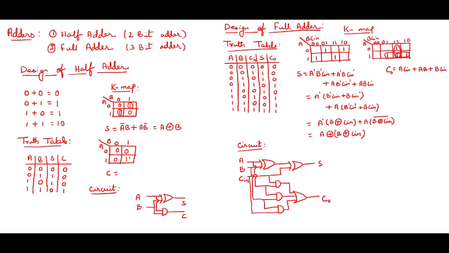So you can see this is nothing but if I get a single one, so I'll be getting what? A and B. So the equation which you got is S equals to A XOR B, C equals to AB. So accordingly I have designed the circuit. So this is the circuit of half adder. A and B XOR together is giving sum, and A and B added together to give me carry, right? Now with this idea I'm going forward for design of full adder.